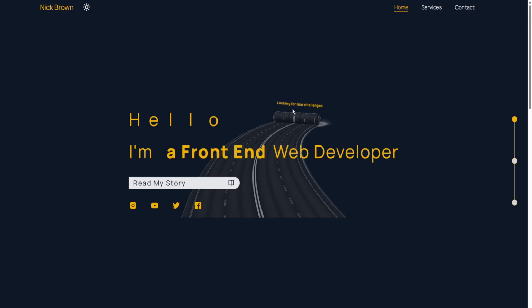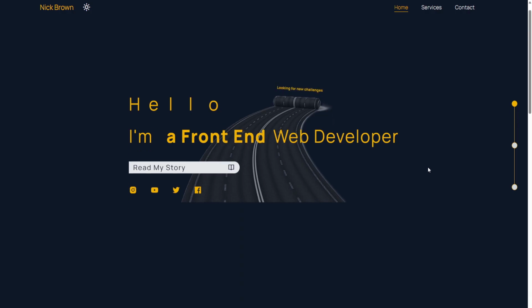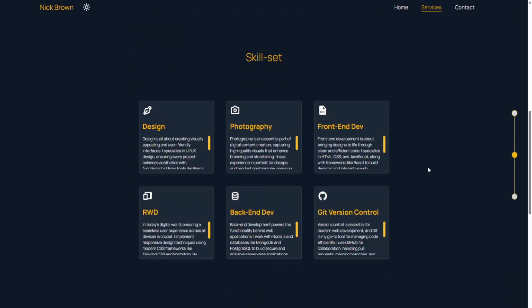At the very top of the hero image, there is a subtle yet eye-catching bouncing text animation that reads, "Looking for new challenges." This small detail adds a dynamic touch to the design, reinforcing the idea of growth, ambition, and continuous learning. Moving on to the services section, we have a clean, modern grid layout displaying different skills in visually